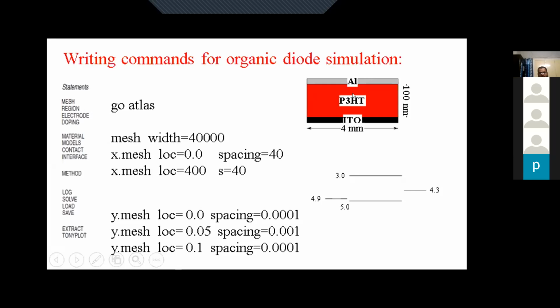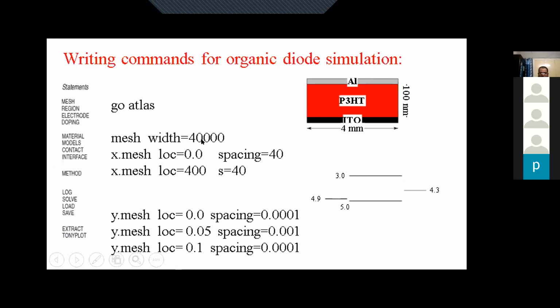The X dimension is from 0 to 4 mm. In Silvaco, by default, the dimensions are in microns. So I have defined it from location 0 to 400, these two lines. It means that the X dimension is from 0 to 400 microns. I showed that this is mm, but mm would mean 4000 microns. That is a very big device structure that may end up taking a lot of time during solving. However, it is possible. What I have done is reduce one significant figure here, and I have put that into the width.